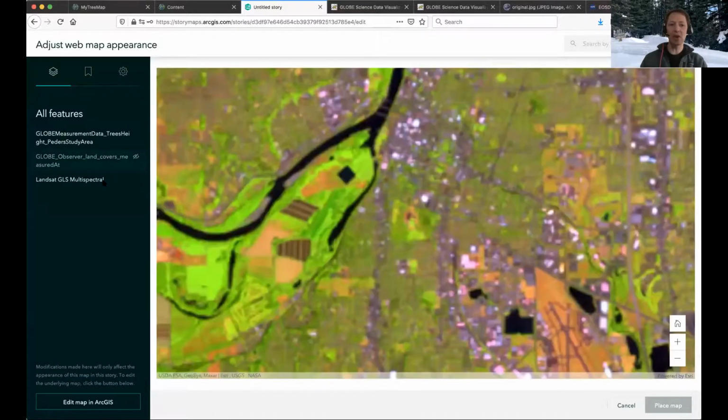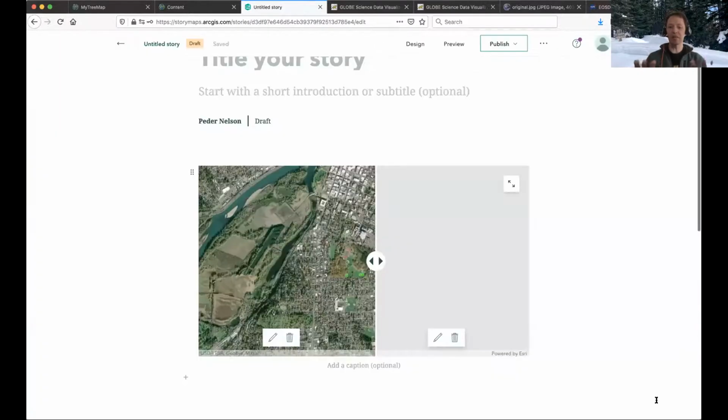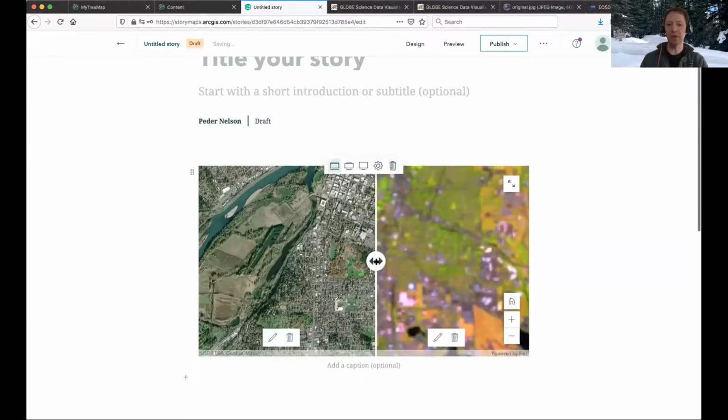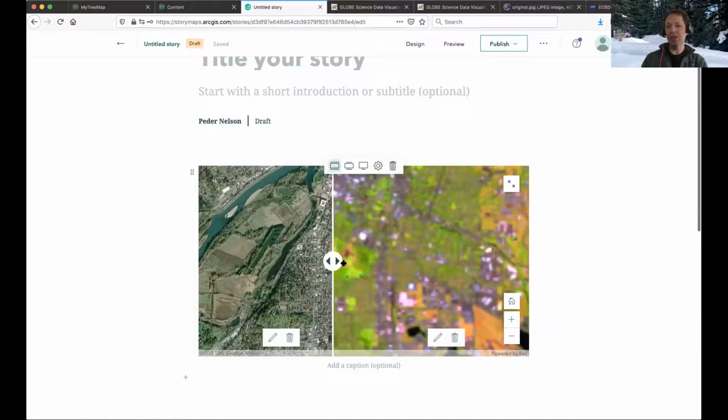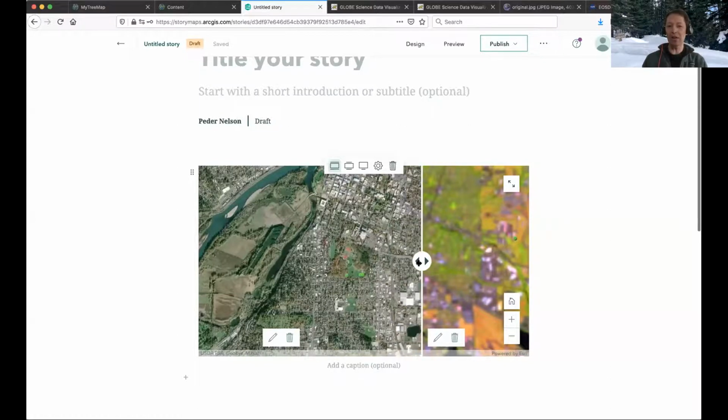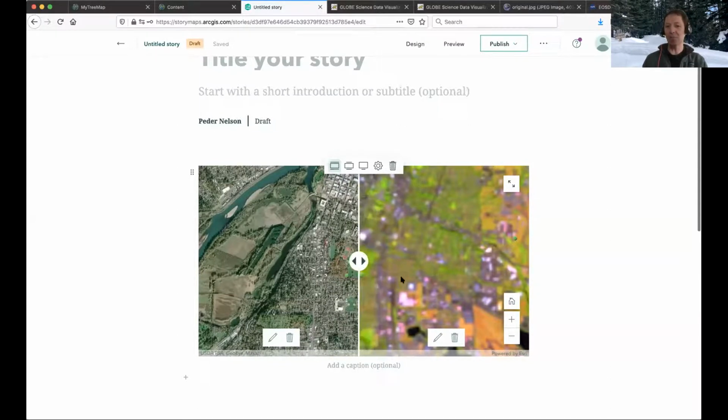And this time I'm going to leave this satellite data on so that we can do a comparison between these two different satellite views. And so now you can see how in my story map, we can go between the high resolution imagery, and I can swipe back and forth to show what it looks like in a moderate resolution, in an enhanced view. And you notice that there are some differences here where the grassland shows up a little bit more vibrant,